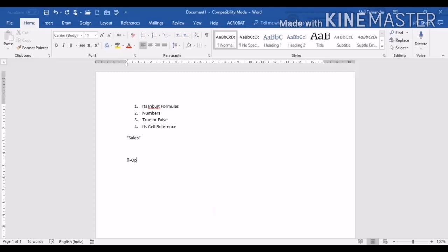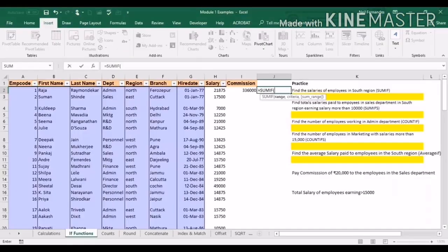When I say optional, what does that mean? That input that you're giving to Excel is not required to be given in case of optional information. So in this example, you can give range, you can give criteria. And if you don't give a sum range, Excel will consider the criteria range as your sum range. So the sum range becomes an optional requirement. In our first case, we had to give the sum range because we were giving region as our criteria range and it does not have a numeric value. The sum can only be done on numeric values. Hence, we had to give a sum range, which was our salary.